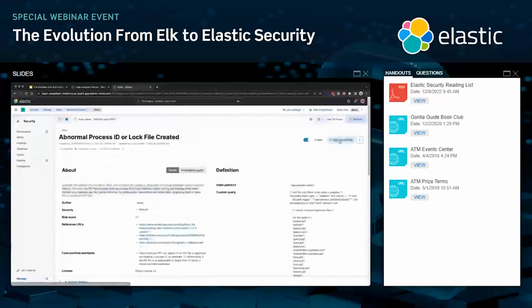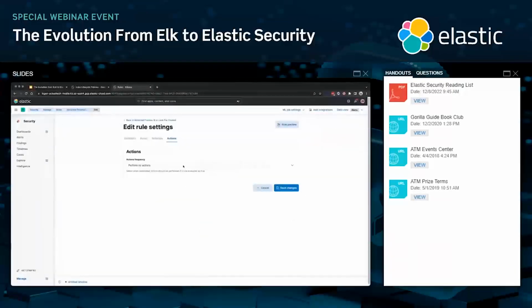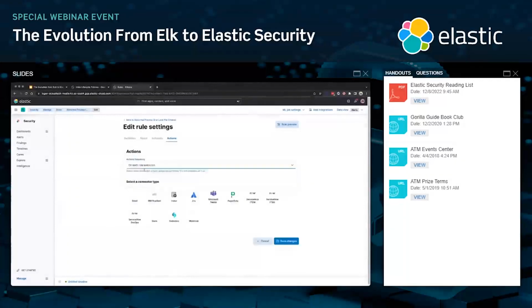I wanted to note too that all rules can be actionable. So that rule fires and I get an alert in the SIEM interface, but maybe I also want to send an email or a Slack message or enter a new ticket in Jira or anything API, right? Via a webhook call. I want to orchestrate something, any API. Any of those hundreds of out-of-the-box rules can be actionable as well.